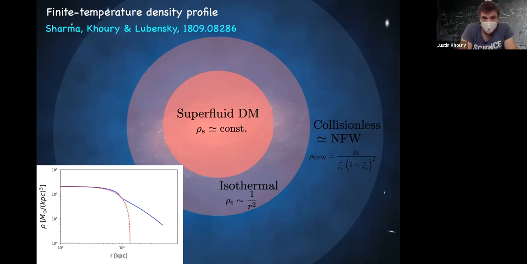So there's a superfluid core. You see it here in the inset. But then when the density drops sufficiently low, your particles start to behave as dark matter particles, but still in thermal equilibrium. And as a result, the profile turns over to an isothermal profile with approximately 1 over r squared fall off. And lastly, when the density drops sufficiently, even thermal equilibrium cannot be maintained. We weren't able to calculate this, to be honest, but the expectation is that you would eventually just match to an NFW sort of CDM style profile.